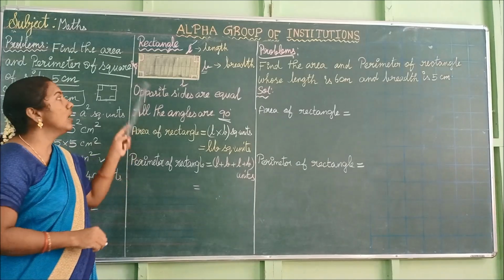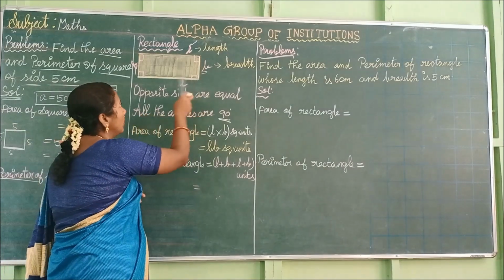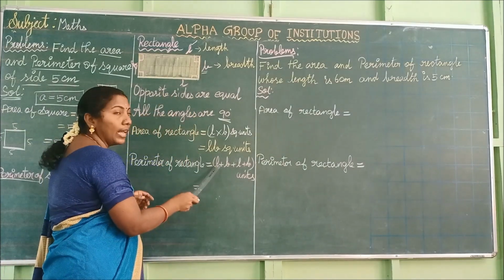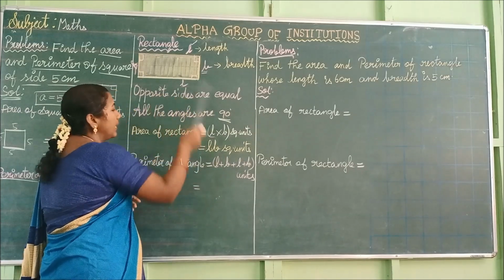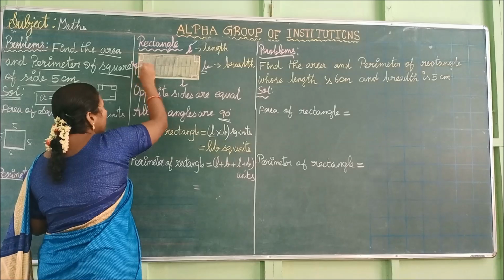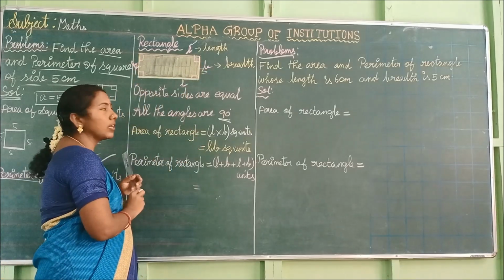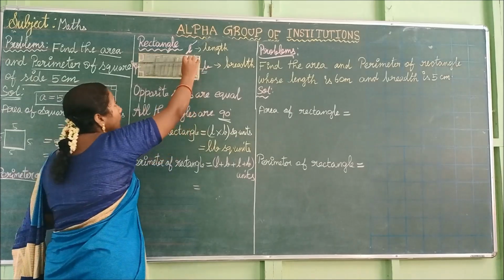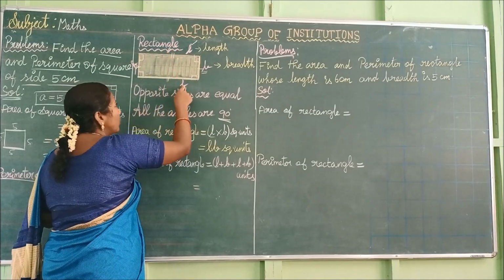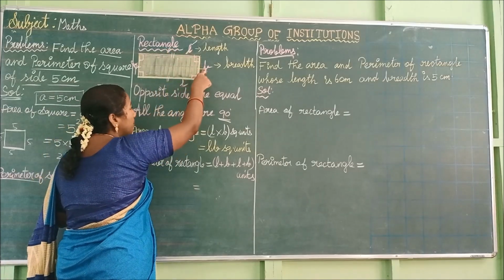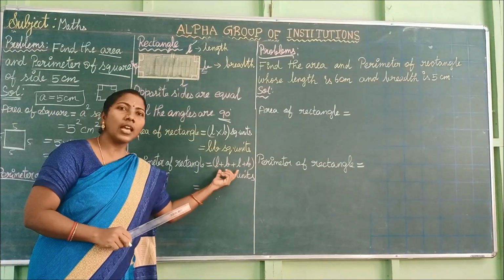By adding the lengths of its boundary. What is the measurement of all the four sides? One side is L, another side is B, next side is L, next side is B. Why are we writing B here also, here also? Because in a rectangle opposite sides are equal. These two sides are opposite sides. These two sides are opposite sides. So here L means here also L. Here we have B means here also we have B, because in a rectangle opposite sides are equal.